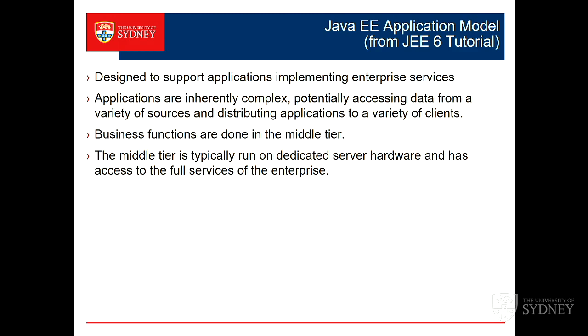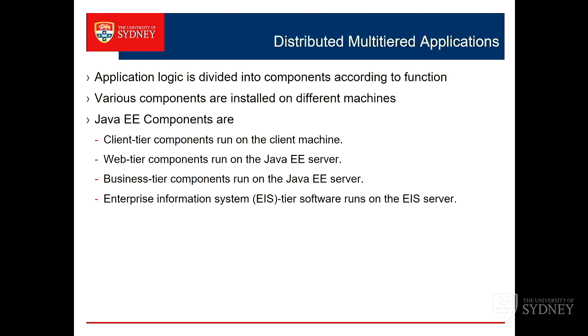Inherently complex, yes, because you've probably got a complex system. You've got lots of data types, lots of client types. So the architecture is going to be around controlling that complexity, but giving you the tools to do it. We'll typically do things in layers. If you've been doing them in the prac, client tiers, web tier running on a J2EE server, business tiers, and some type of enterprise layer.